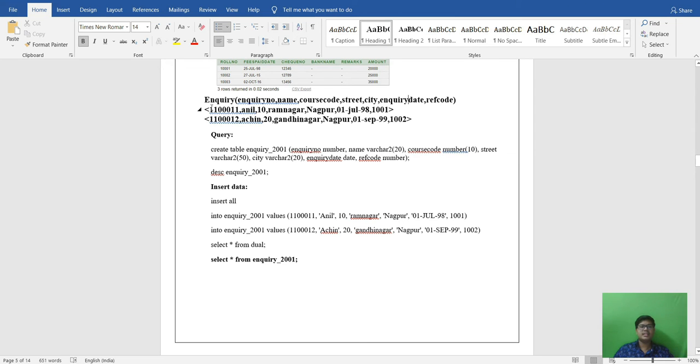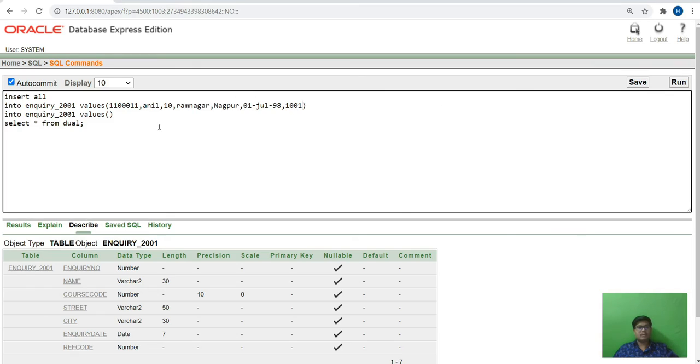So we will copy this to save our time. Nagpur.